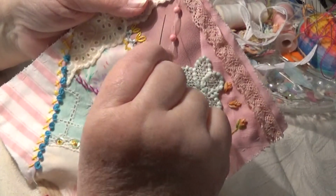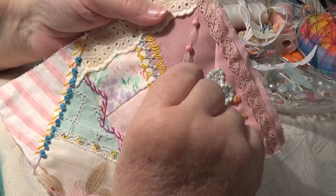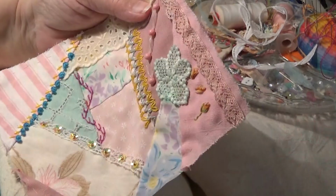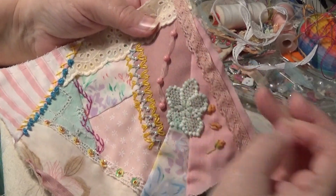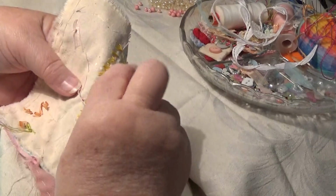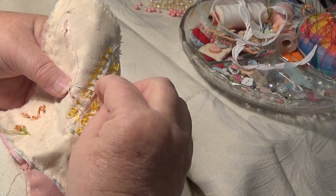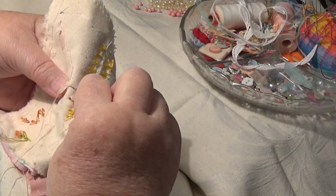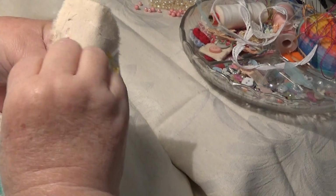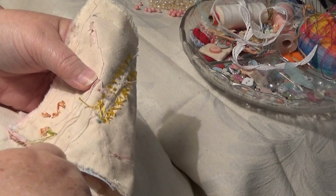So all I did then, while yakking away, was make stab stitches going down along there. Did you see me do that? Just to hold it down. I did it with this piece of pink cotton, so it doesn't show through. Well, you can only do tiny little stitches so you can't see them. Okay? Well, you can see them a bit. Making it invisible is impossible. I've tried it lots of times. I don't think you can really do it. So anyway,